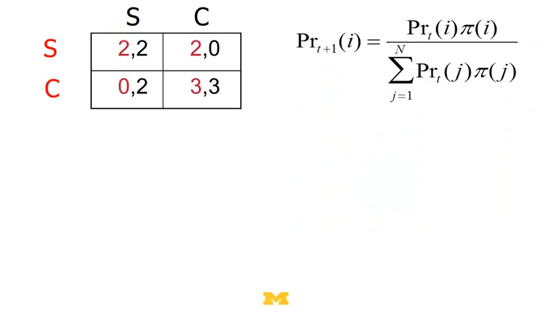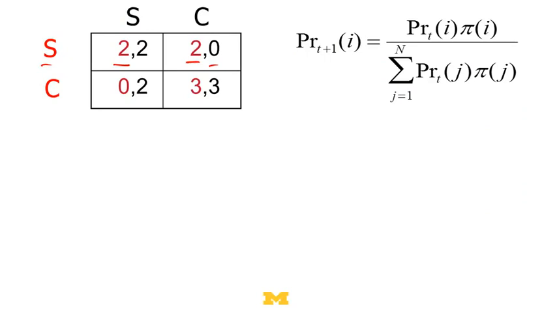Well, let's see. Here's another game, and this is called the SUV compact game. So here's how it works. You can either drive an SUV or drive a compact car. If you drive an SUV, your payoff is just going to be 2, because you just drive your SUV, listen to the radio, it doesn't matter. If you drive a compact car and you run into someone who's driving an SUV, your payoff is going to be 0. And I don't mean physically run into, but I mean if you're just driving down and you see one,